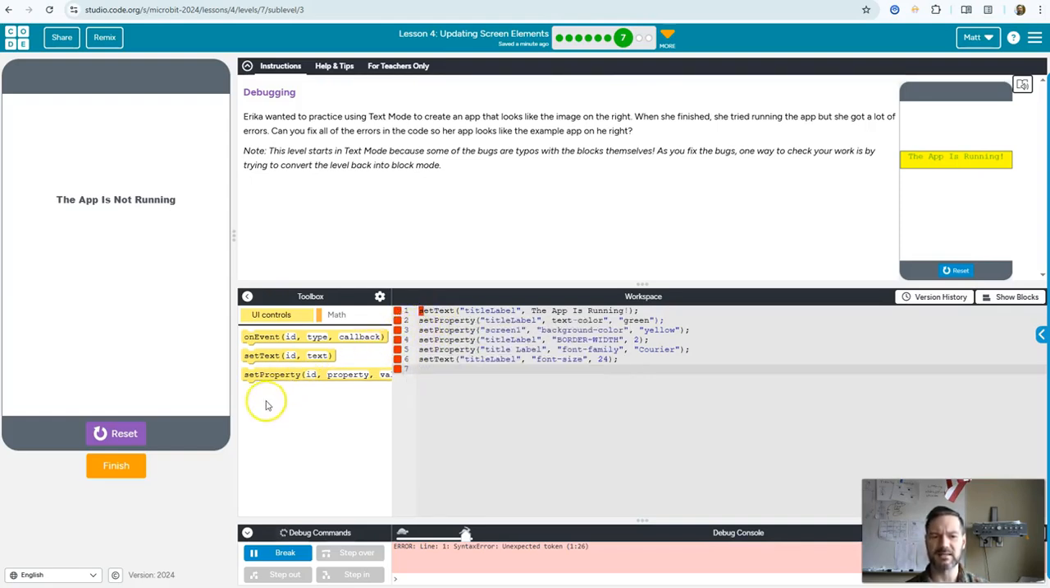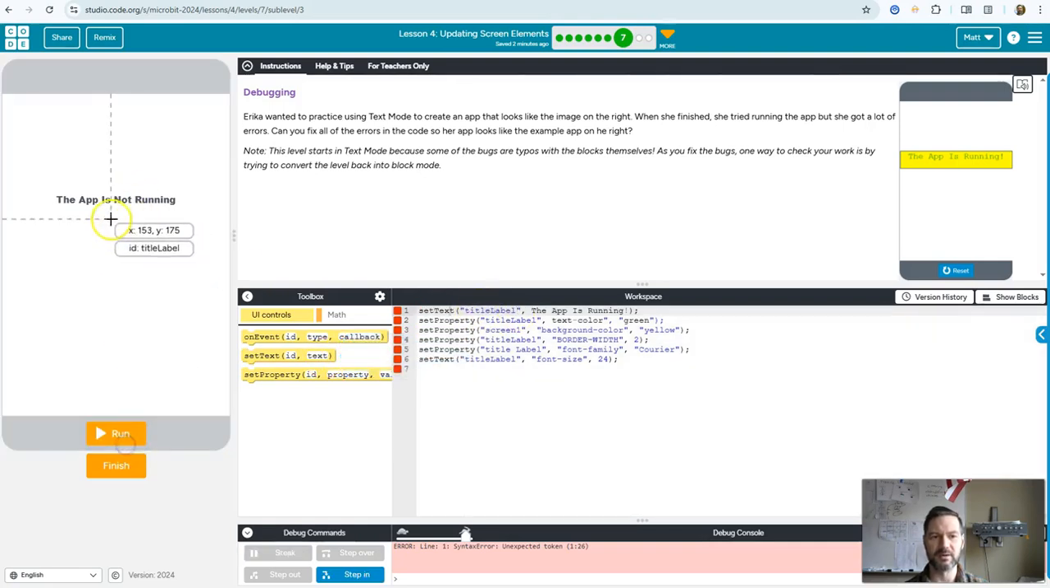So we've got set. So looking at this, we have set text. So they used that block. Looking at how it's typed out, it looks like set text is correct. It's a lowercase s and a capital T. And then we have title label. And so we have the ID and then the value there. So title label, if I reset it, yep, that's title label. And then here,